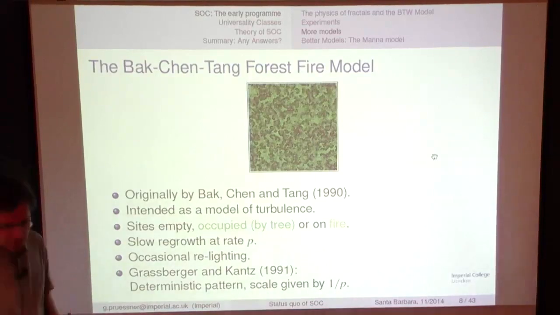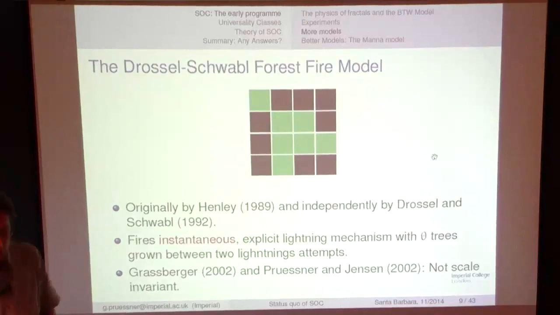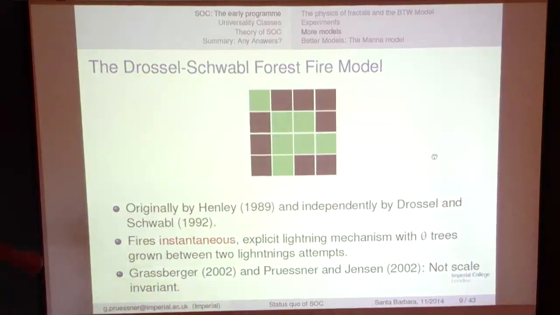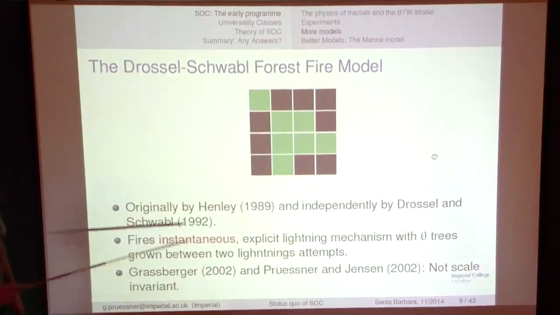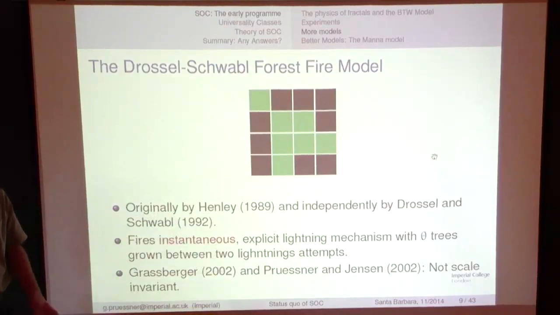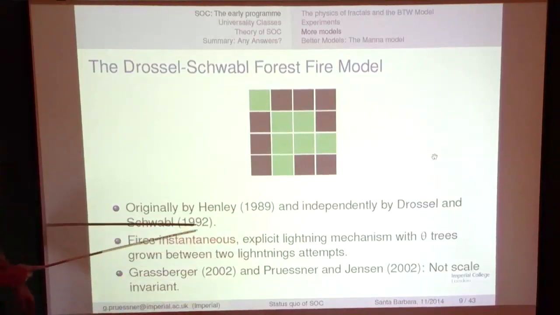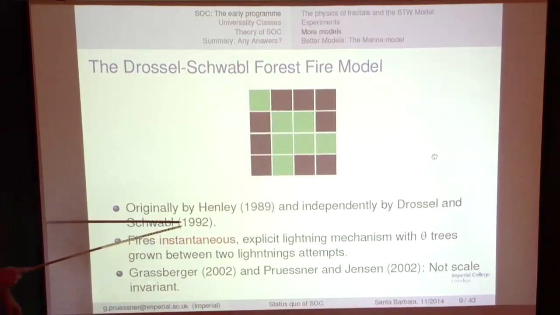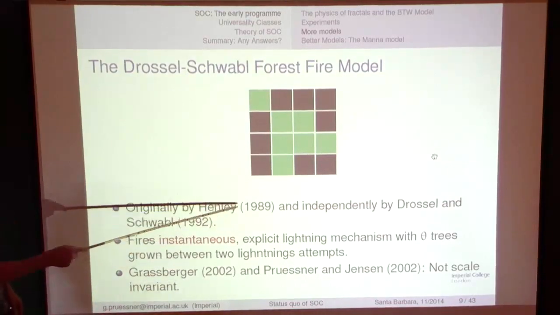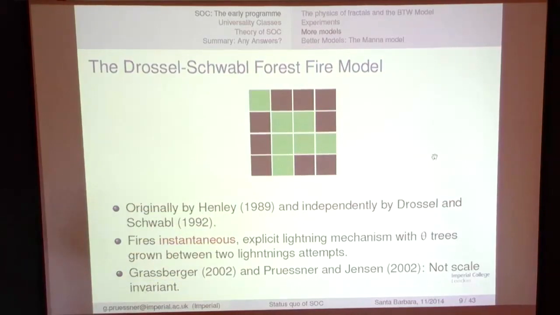But there was a variation of this model proposed first by Henley. But to be honest, Henley didn't suggest it as a variation. He suggested his own model. And then a year after Bak, Chen, and Tang had published their model on forest fires, Drossel and Schwabl published their variation of it that fixes some of the problems. And it turns out it's identical to the one that had been suggested by Henley 3 years earlier. So it's now known as the Drossel-Schwabl forest fire model, but maybe it would be honest to say it's the Henley-Drossel-Schwabl model. But then we end up with Jans, what